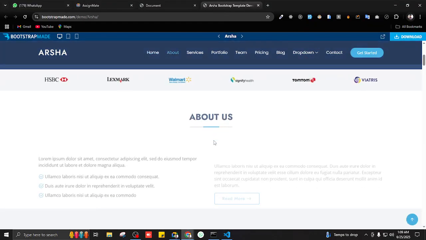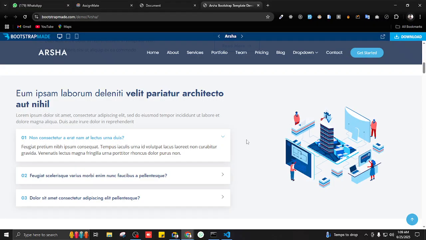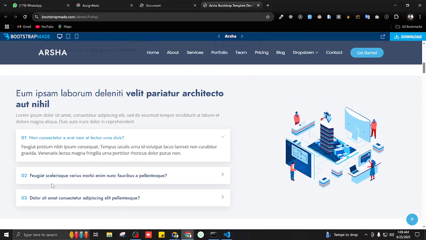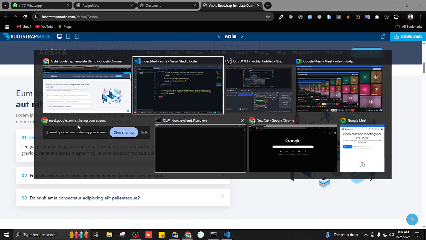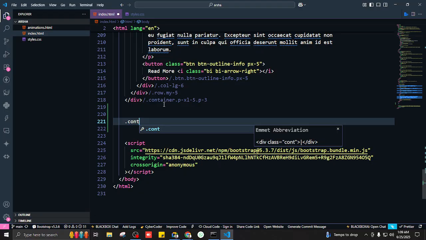Okay, so we have created the about section, so now we have to create this section. What do you see? Do you see a container fluid or do you see a container in this section? This one. What do we have? A container or a container fluid? Container fluid. Yeah, container fluid, because the background, this grayish color, is taking up the full space of the screen. So after the last section, we're gonna create a container-fluid,